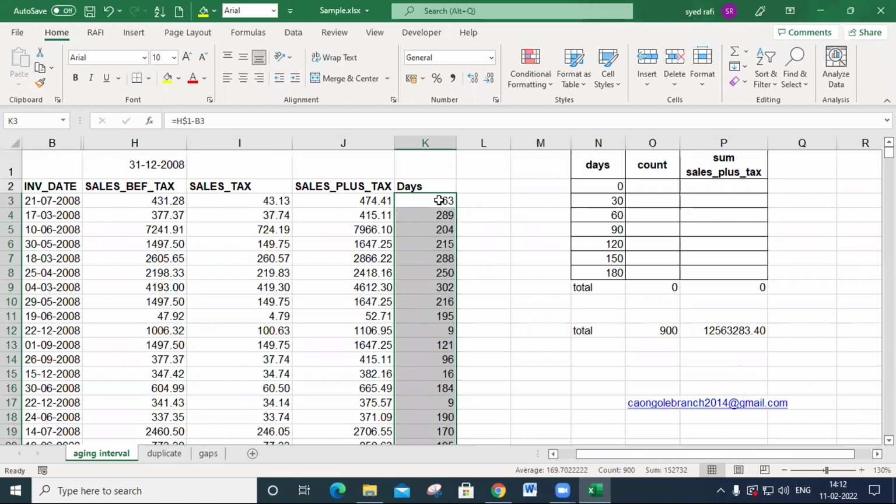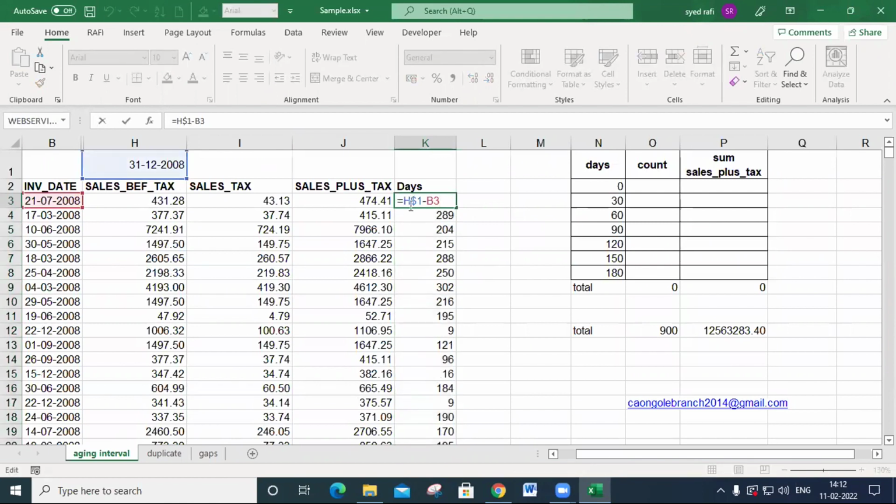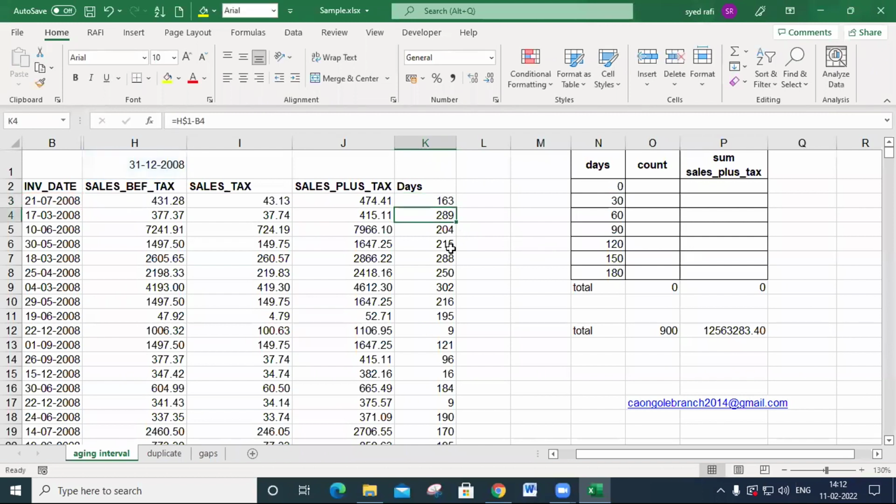In later classes, we will discuss these dollar references. These are very important. After the next sessions, we will discuss that. In this exercise, you must concentrate. The row must be made a constant. I don't want to move the row. So that's why I put a dollar in front of the row number. That's why it becomes a constant. So, when I drag, all these days will be calculated. Okay, very good. Days will be calculated.